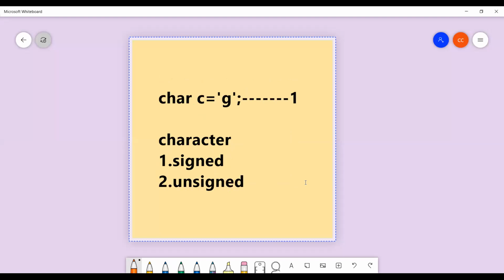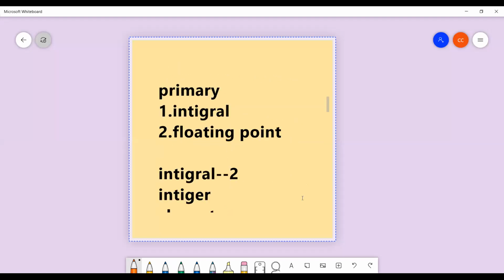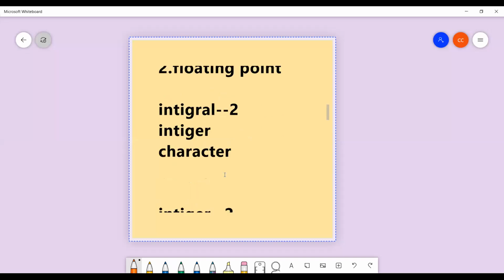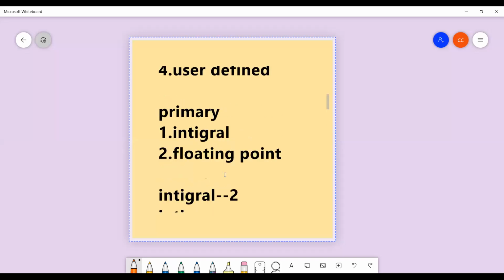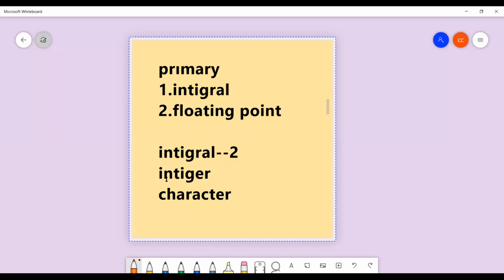Okay, so the first part is completed, that is, the integral part contains integer and character.